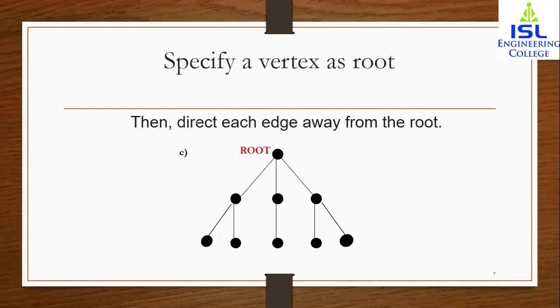firstly, what we are supposed to do is, if we are given a tree, then we should have a vertex taken as root. Then direct each edge away from the root. So if I am taking this vertex as root, then all the edges are directed away from the root. So that is how you consider a root. You are supposed to consider a root for which all the edges are directed away from a root. Now next,